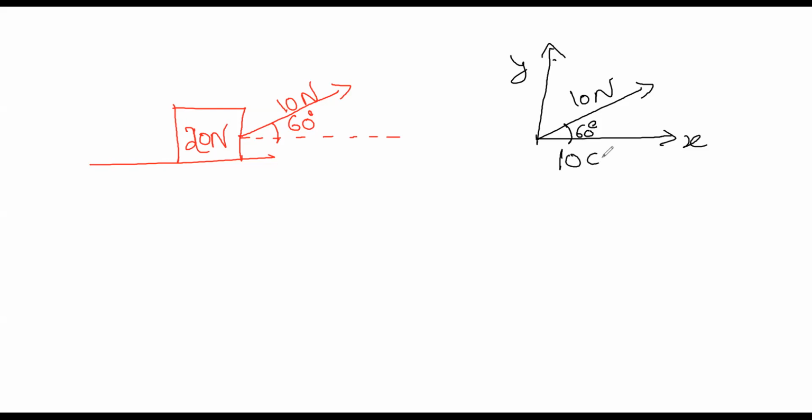So just give me 1 minute. This is 10 cos 60. Y is 10 sin theta, sin 60. That's why the components are very useful in this. In any question, whichever it is inclined, you have to divide this into components. Any question where there is an inclination, you have to make it as x component and y